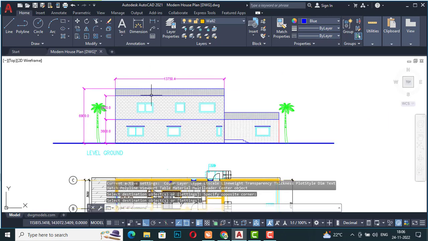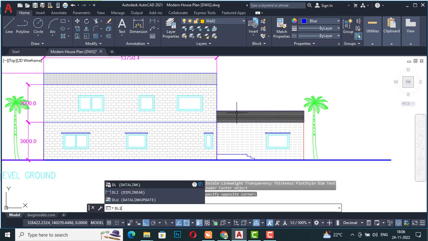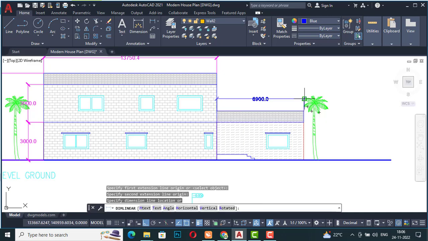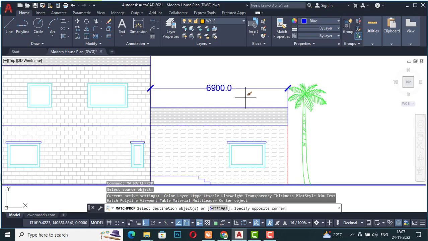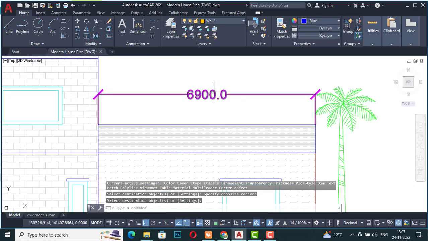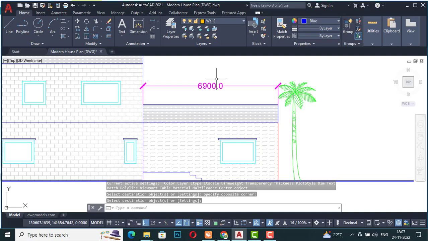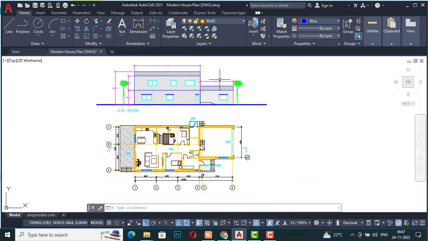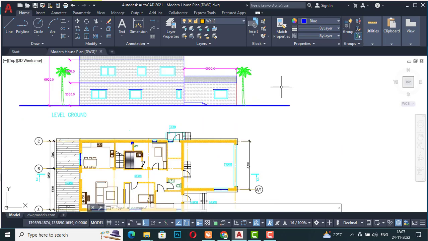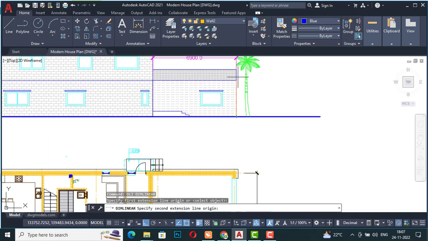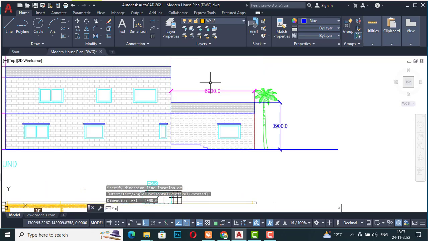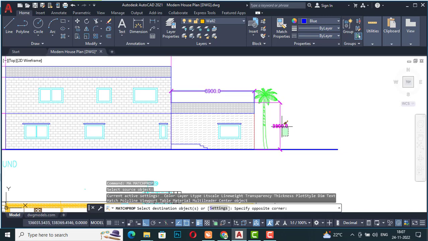Text can also mark these here, and you can match this property. If you are using mm, you can avoid these decimals here, and you can give approx, because it is very hard to measure in mm. So I'm going to take this overall height here 3900, including parapet,